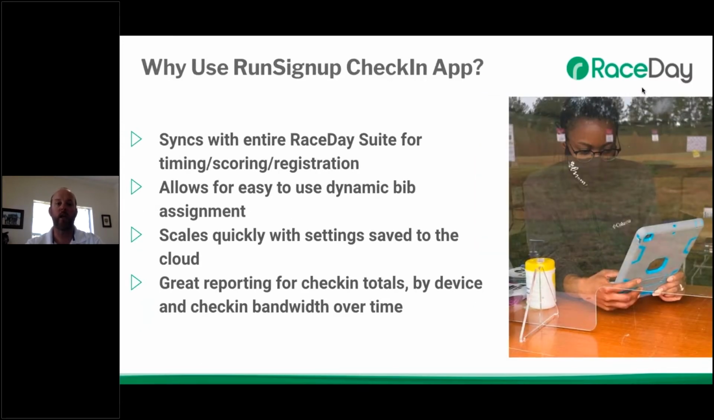So why use the CheckIn app? One of the biggest reasons is it syncs with the entire Race Day suite for timing, scoring, and registration. So for those of you that are using Race Director or Race Day Scoring, it's a huge benefit because there's no more saving a USB drive and running it back and forth. Updates might take 30 to 60 seconds, depending on your internet or Wi-Fi connection, but it is bidirectionally syncing with